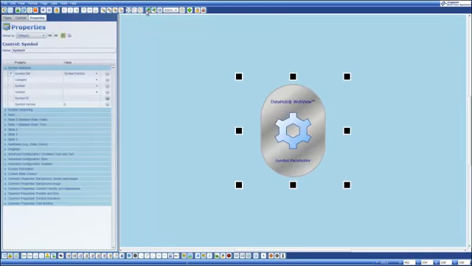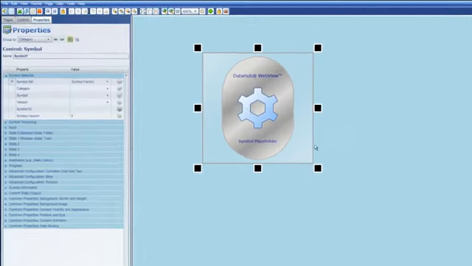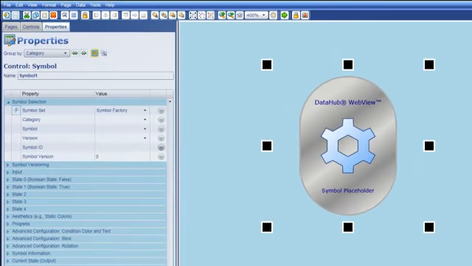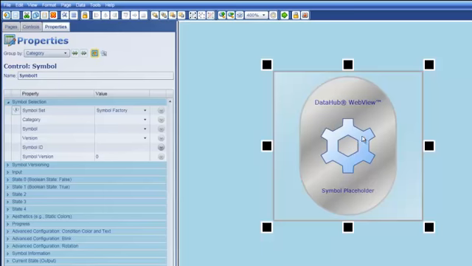So this symbol is the default placeholder that is placed on the canvas whenever you insert a symbol, and the symbol itself, this placeholder, can actually be used to demonstrate some of the behavior with regard to rotation and those kinds of things. So I'm going to continue to use this placeholder just for a little bit as I walk through the properties,